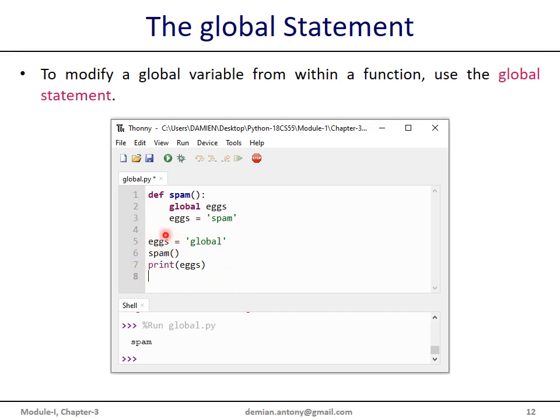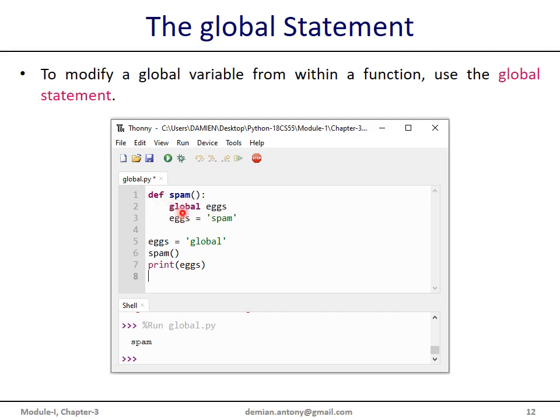We have defined a global variable x with the value global, and we make a call to a function. Now we move on to the local scope, and we want to modify the global variable here. I can access the global variable, like print x, but I want to change the value of this global variable. For that I need to use a global statement.